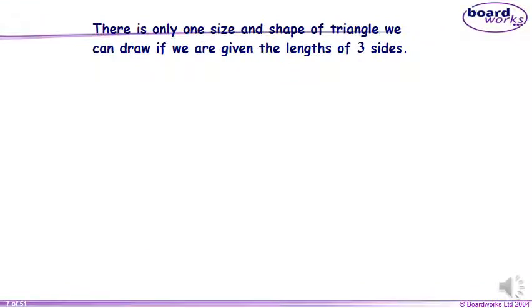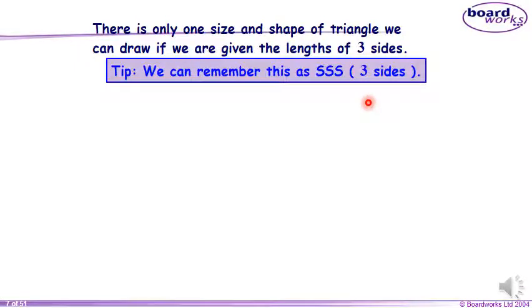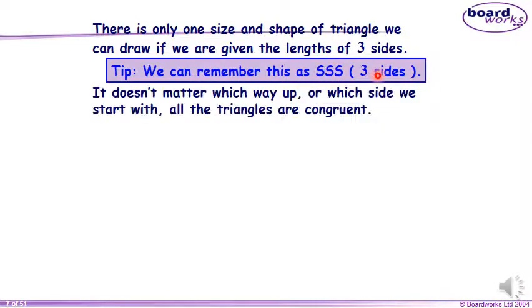Okay, what if you start drawing with another side? Does the shape differ? There is only one size and shape of a triangle if given its three sides. Look, we are drawing a triangle given its side, side, side, three sides. It doesn't matter by which side you draw. They will all be the same or equal triangles. They will be identical triangles.